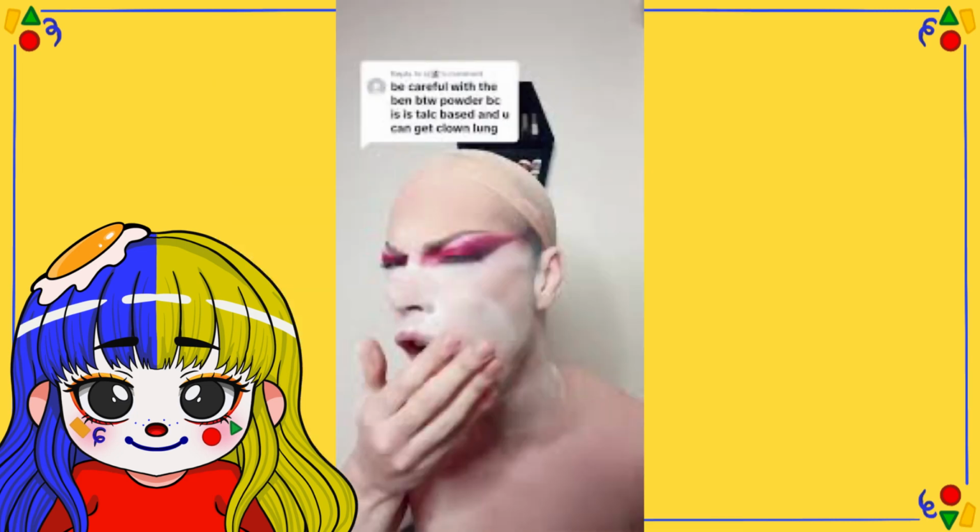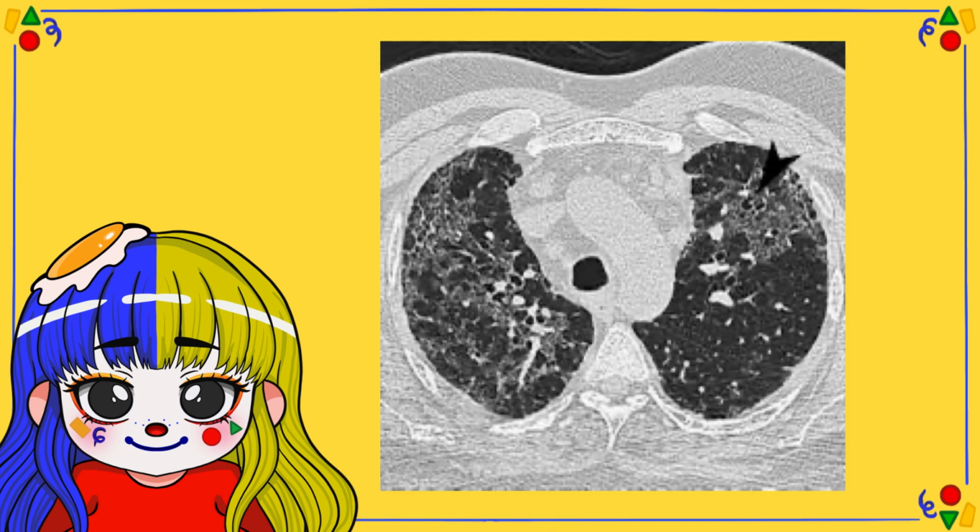Actually, if you know anything about drag culture, you might have heard the term clown lung when watching a performer pat themselves into a cloud of powdered makeup, much like a clown does as well. Well, clown lung actually refers to talcosis because the powder from the makeup that they're putting on their faces, both clown and drag queen, is talc, which is the same powder inside balloons. So yeah, clown lung comes from talcosis. You can get clown lung from balloons, and you can get clown lung from makeup. Although it's very rare, it's still interesting to note the connection.